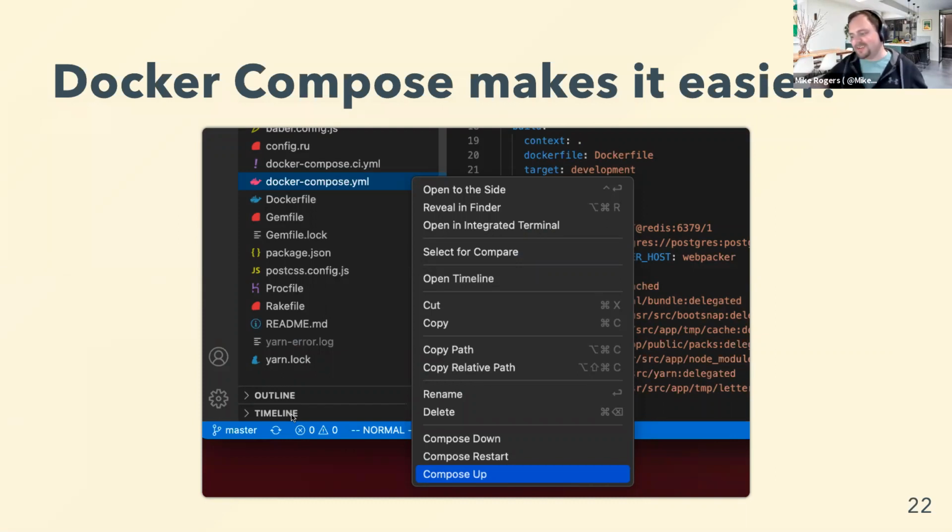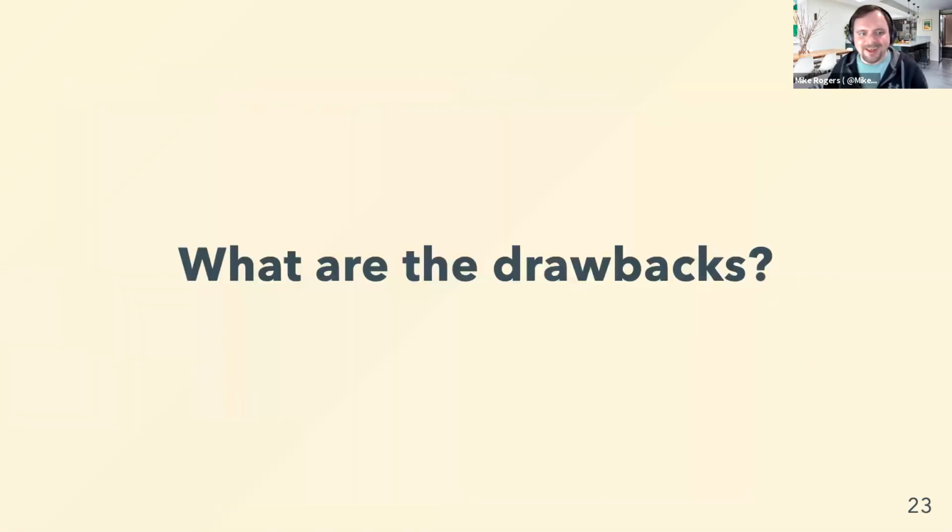So in VS Code, if you have Docker files, you get extra context menus, and you can just turn it on. Right click and click go. You don't even have to touch the terminal to turn on a Rails app now, which I think is again really cool. We can make it easier to get going with Rails and reduce that learning curve for lots of people who maybe just need to get going, or even experienced people jumping onto older projects where you maybe just need to make a few changes. You don't even have to jump into the terminal, which is so cool.